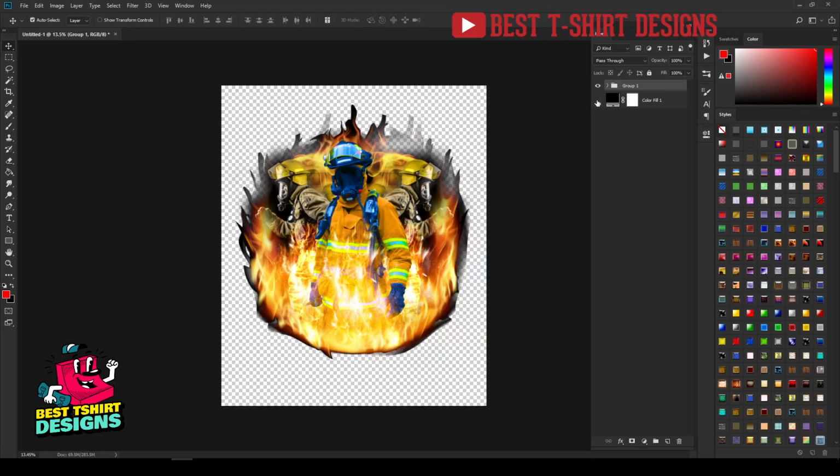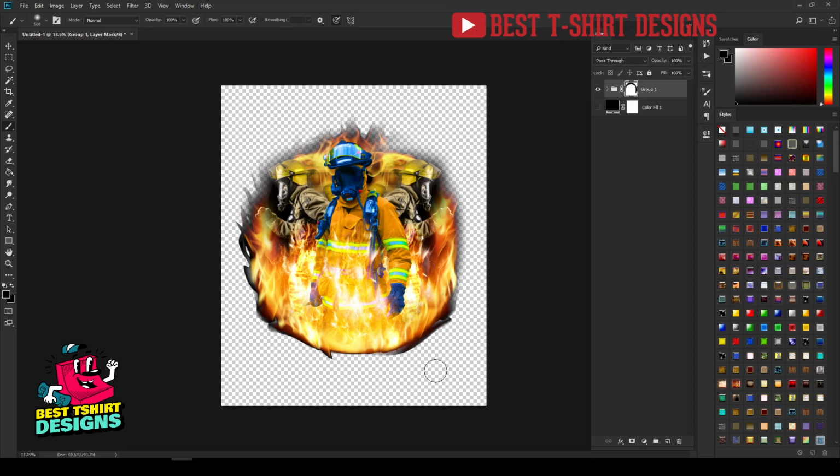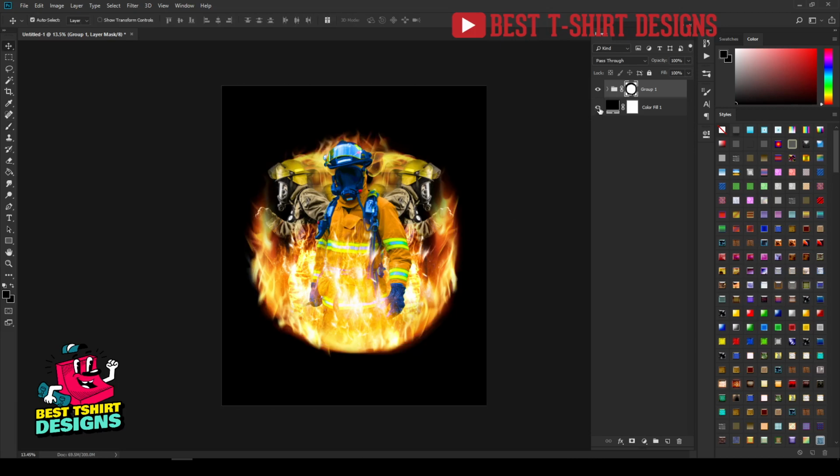I can simply turn off this layer and let me see if there is anything that I need to hide. So on this group layer I can add another layer mask, so I can take my brush tool to hide this part of the black that is visible from here, and this is hiding everything that is inside that group. So this is really easy, and I think this will be a bit cleaner than previous. So this is good. Don't worry about this black part, that will not be visible, it will look kind of like this, no problem here. And then I will add some text here.